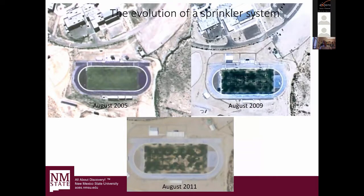Then not only do we have this visibly, we also have irrigation systems, sprinkler irrigation systems deteriorating, losing performance in time. This is one of my favorite slides that I use in my presentation. So we have here in the upper left corner an athletic field that was installed in 2004, 2005. We have near perfect coverage, but as we move in time, clearly the system doesn't operate efficiently anymore, and